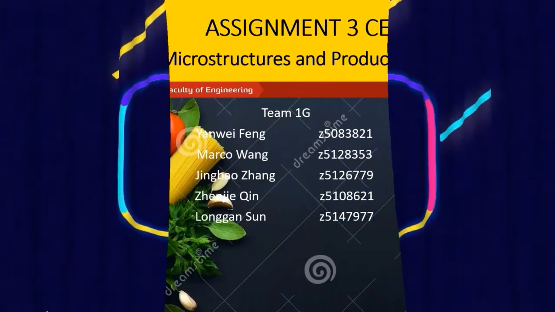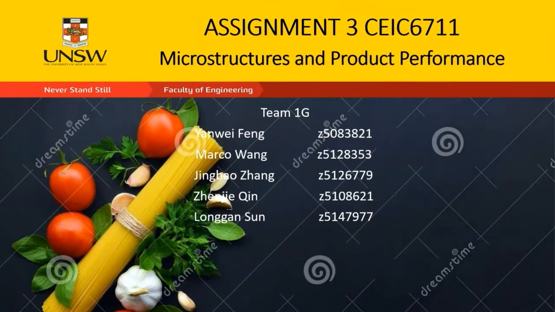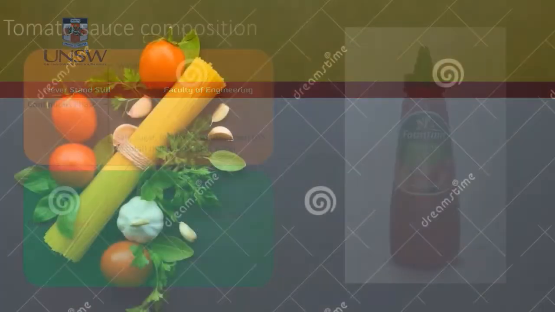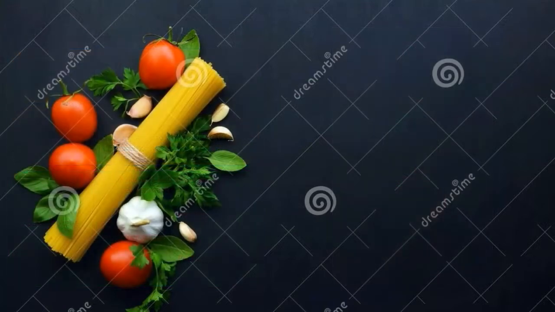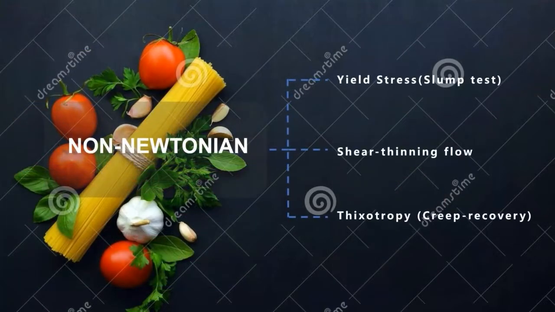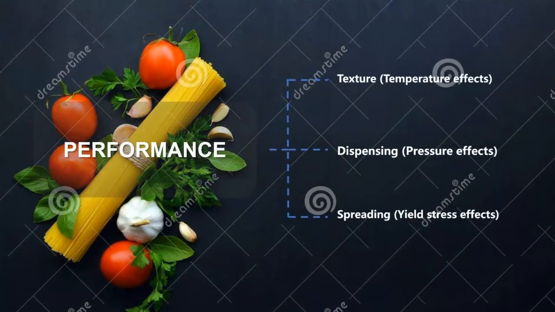Hi guys, this video shows the performance of the tomato sauce based on simple experiments that are affected by the microstructures and the rheologies. Tomato sauce is a two-phase colloidal system. The branch network microstructures are presented which are related to the rheology and flow properties, such as yield stress, shear thinning, and anisotropy. In tomato sauce, the different performances of temperature, dispensing, and spreading are affected by various parameters